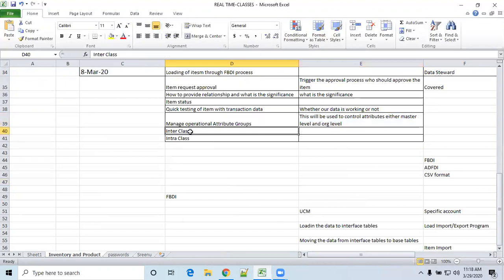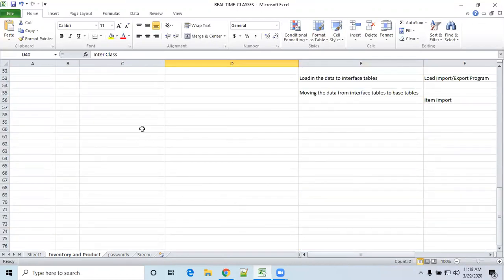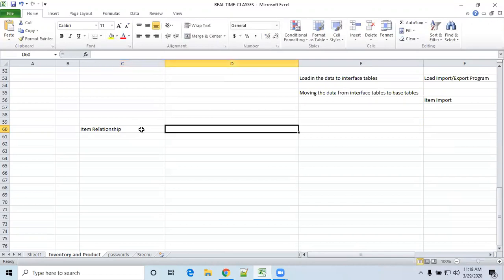Okay, and interclass, intraclass we are going to discuss now. Before that, I mentioned item relationship. So what do you mean by item relationship? Item relationship is similar to a substitute item.